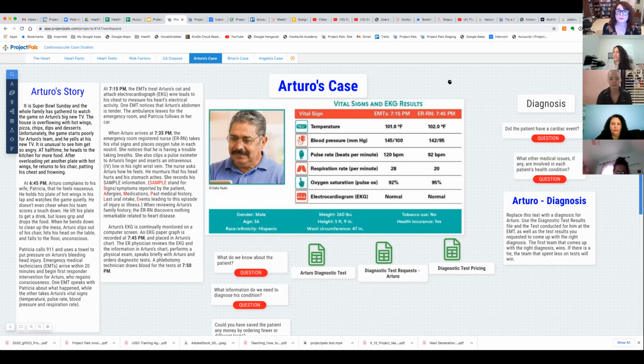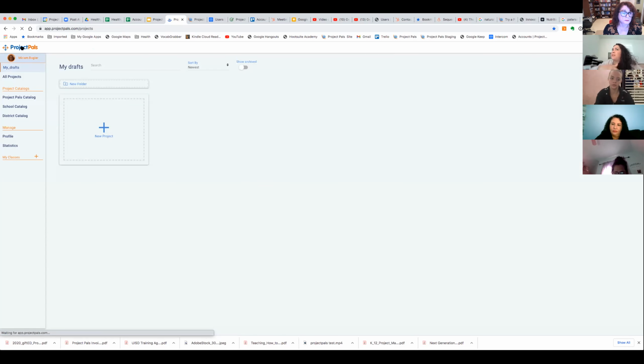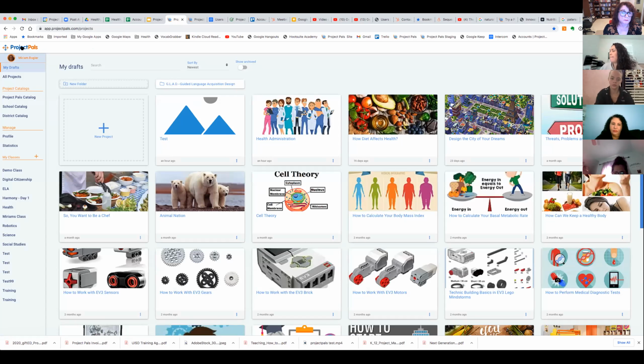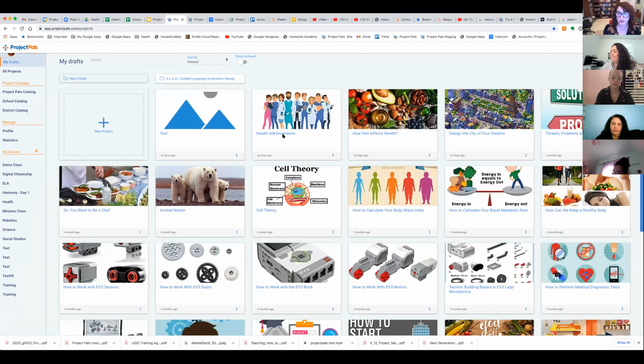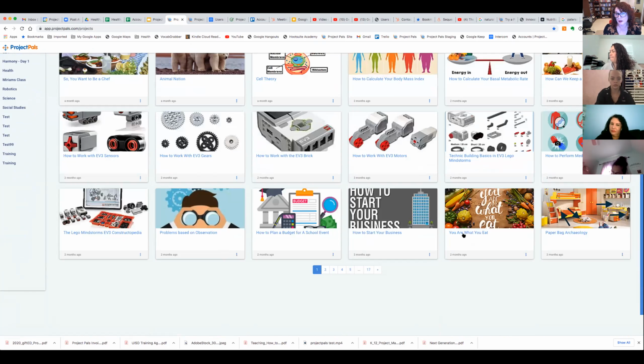Is there more of an opportunity now? I know before, the ability to clone lesson plans that are in the catalog within Project Pals was very limited. Has that option opened up more in terms of cloning? Yeah. So we have not just these specific medical projects, but even things that are relevant to you guys,